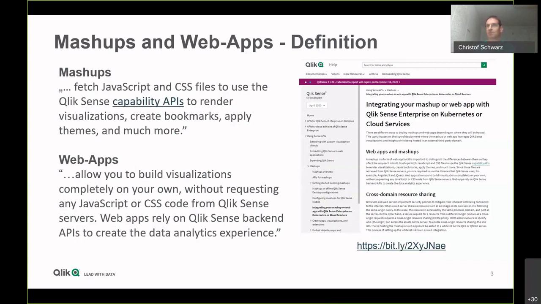So the advantage is surely that you have only a few lines of code to get fully functional and rich interactive visualizations and other elements like selection bars, search, and everything. But on the other hand, you heard it before, you have to eat the big elephant called the Qlik.js, like it or not. So even if you're planning to do only small stuff like a few charts with not so much functionality. So that takes me to web apps, and this is where you're talking to the backend,